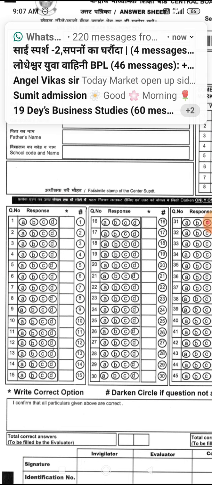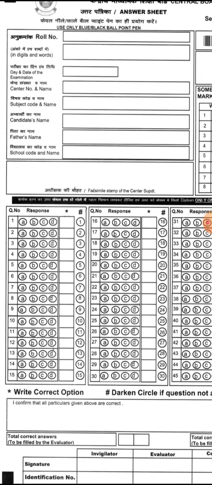Okay, and then box, and then hash. Now I'll give one more example. If in question number 1 you attempted B, and later on you thought that B is the wrong answer, in the box you can write the correct answer also. Suppose the answer of question number 1 is C, and you have encircled B, so you can write the C option in the box, because the box is the main thing which is going to be evaluated by the evaluator. Whatever you write in the box will be the main evaluation criterion.